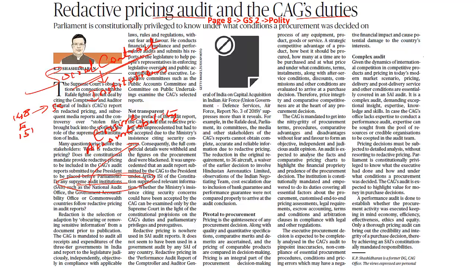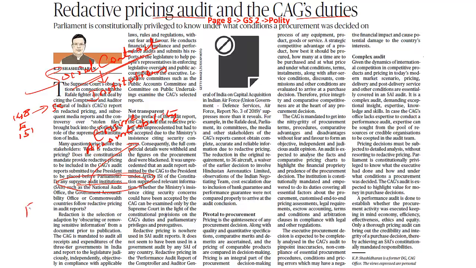So what it means is that he is provided independence and he cannot be removed on the whims and fancies of the legislature as well as the executive. His salary and other conditions of service are also determined by the Parliament, and this shall also be protected. What is also of importance is, because he has to ensure that there is transparency and accountability in the system, he shall not be eligible for any further office either under the government of India or under the government of any state after he has ceased to hold his office, so that he does not have any partiality with respect to a particular government and so on. So these are the provisions present under article 148.